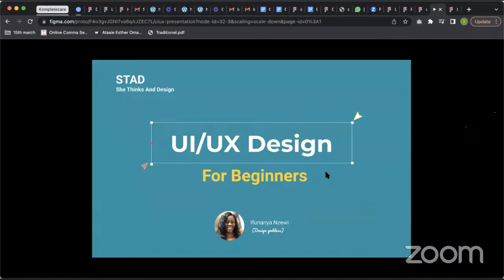One other thing I want us to catch up here is that I have a lot of people that come to me and tell me, hey, I want to learn UI UX design and all of that. And in the next 2 minutes, they are nowhere to be found, right? There are certain questions I ask them. Are you sure that you want to learn this? Because it will get to a point that you will say to yourself that I'm not sure this is my calling. I'm not interested again.